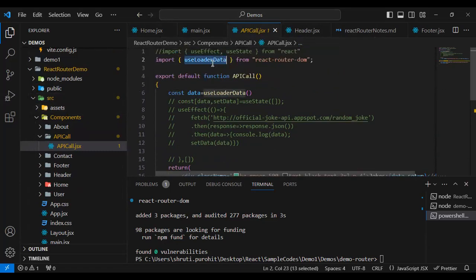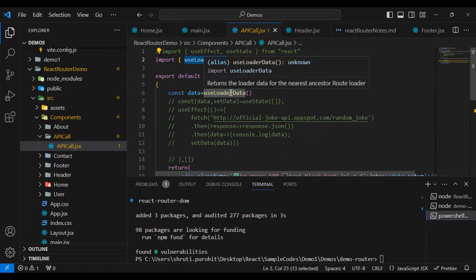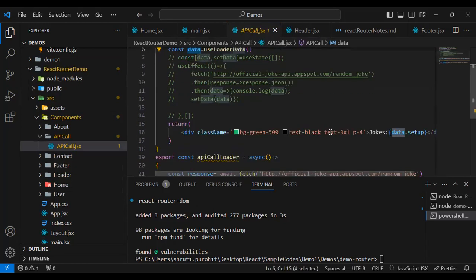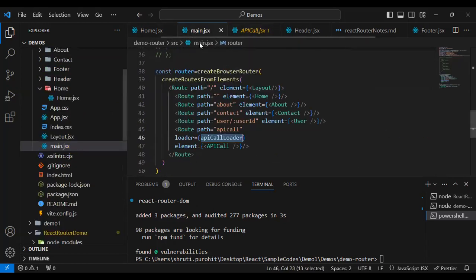So you have one more hook here, useLoaderData, which is responsible to fetch the loader data, right? So useLoaderData is responsible to fetch the data and put it back to the variable. So this particular hook is storing the data in a data variable, and then we are using it. So hope so. And one more thing, if you want to pass the user ID or a particular value,